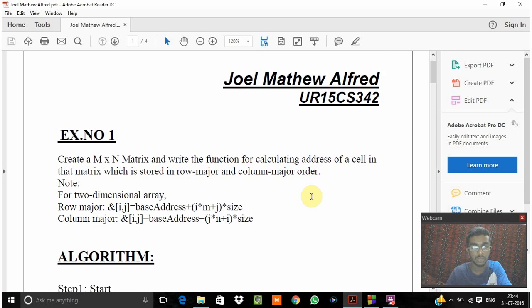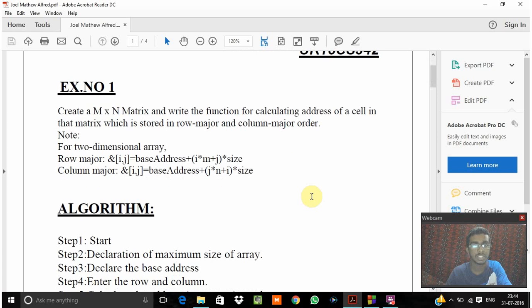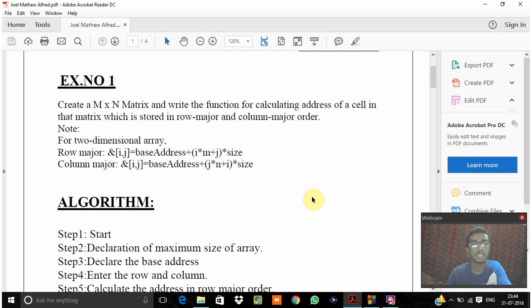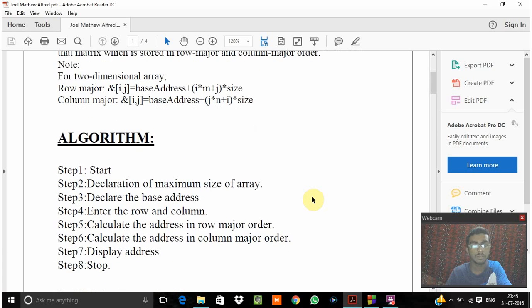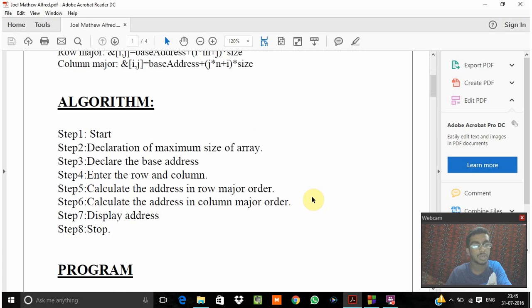Now there are a few things to be noted. For a two-dimensional array, row major: &[i][j] is equal to base address plus i into m plus j into size. For column major: &[i][j] is equal to base address plus j into n plus i into size. Now the algorithm for the following program is step 1 start, step 2 declaration of maximum size of array,